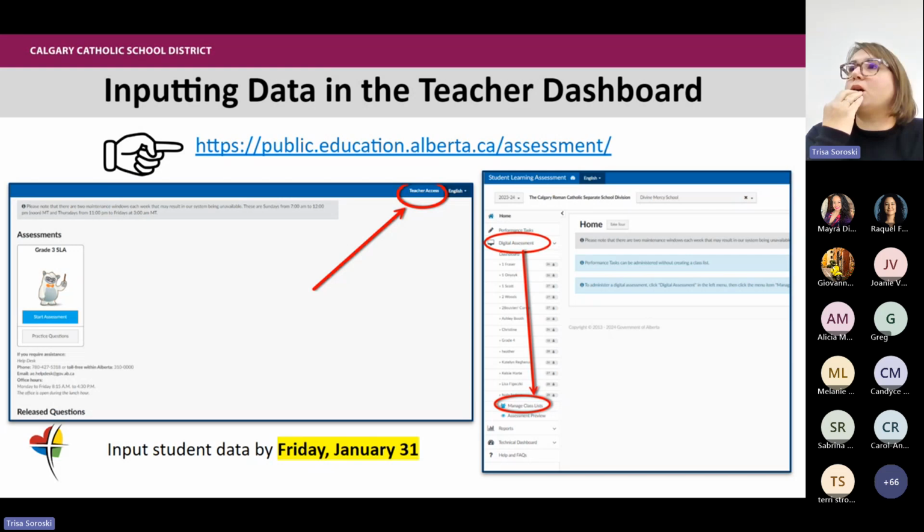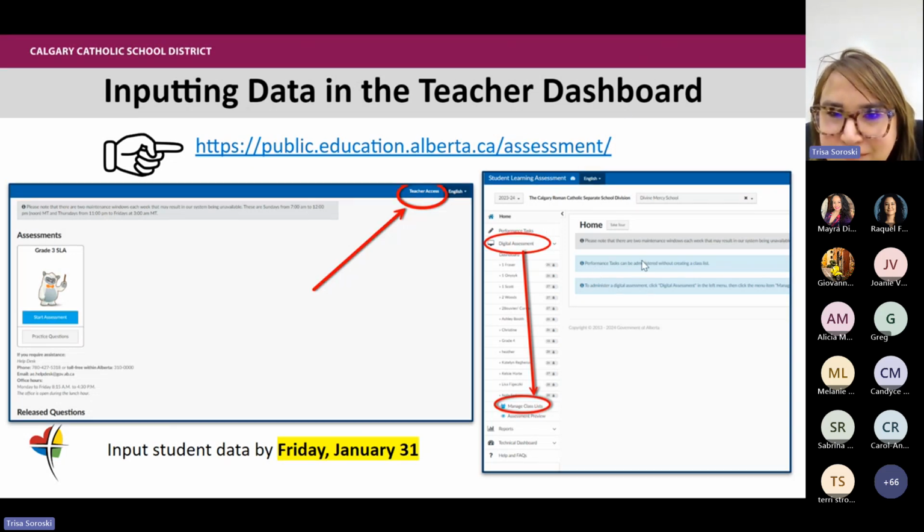We have some questions. Someone's asking if they can do it now. You can go and try to do it now, but my guess is it won't be open to you until that window. That's what we found with the grade ones. But if it's open and it allows you to do it, go for it. My guess is it might not be accessible until that window because they don't want people doing the assessments in December. They want them done in January.